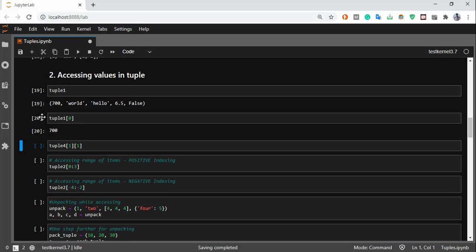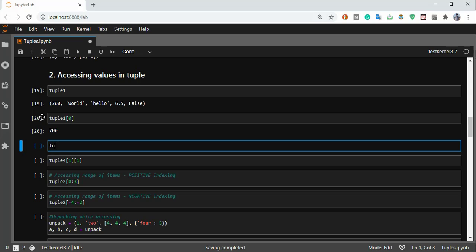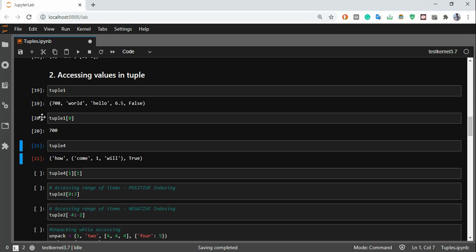Now another case is where I have a tuple or a list inside a tuple. I'll have to do double indexing, right? For the first index, I'll access the inner tuple. This will provide me the entire value of the tuple inside it, right?